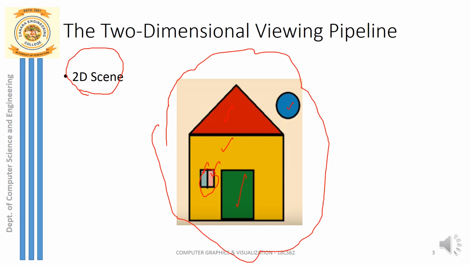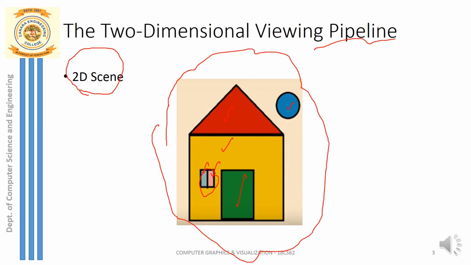How do we construct, or obtain, the image of this particular scene on the computer screen, or on my display window finally? That is actually a challenge. The conversion process by which the scene is finally displayed on the display window is called the 2D viewing pipeline. A series of transformations should take place from the initial 2D scene to the final display window.